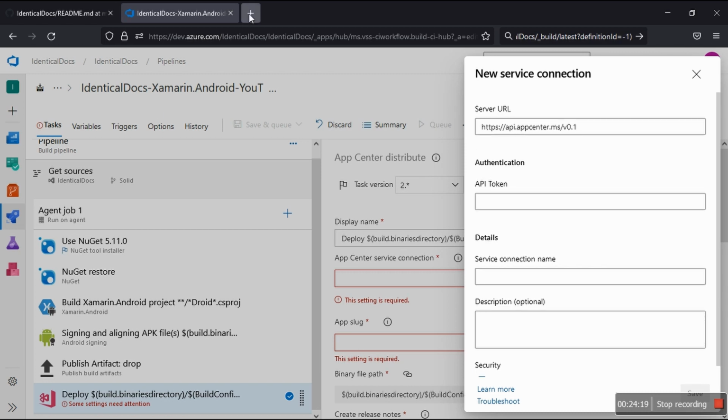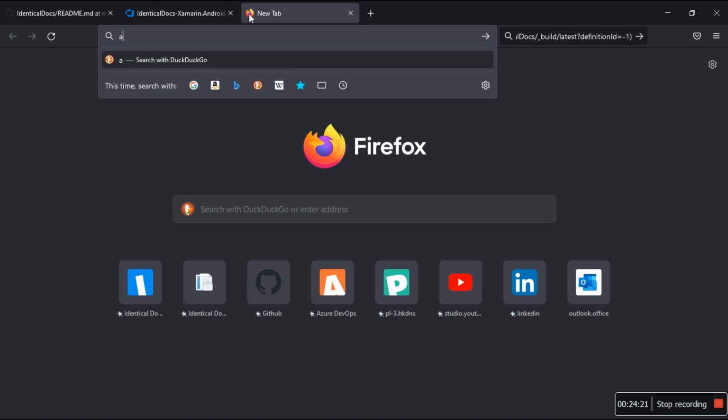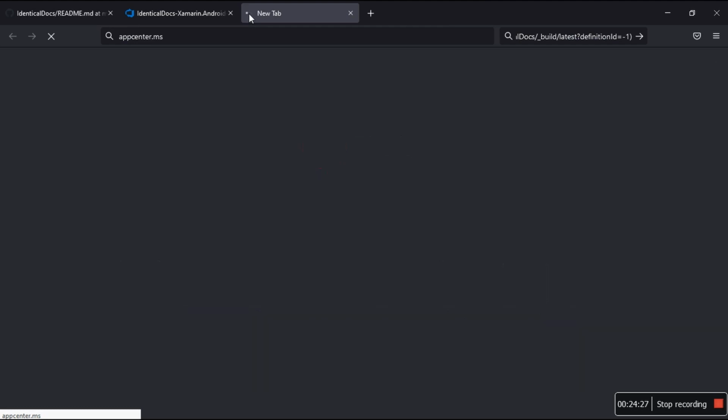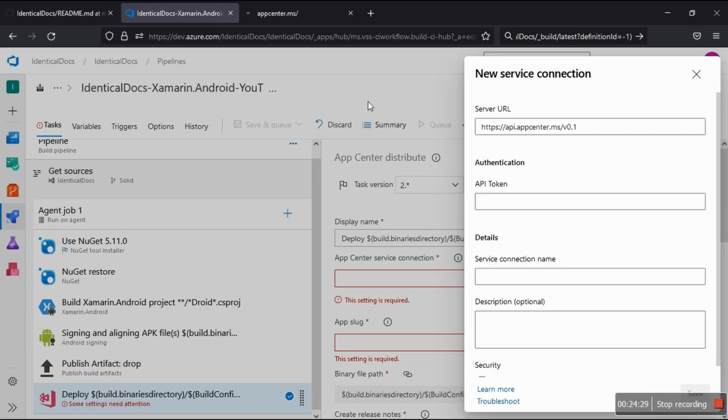That's gonna be interesting. Let's do this. App Center .ms. Remember I said we are still learning. I'm teaching myself these things. We are doing everything by the book. So it needs API token, service connection name,